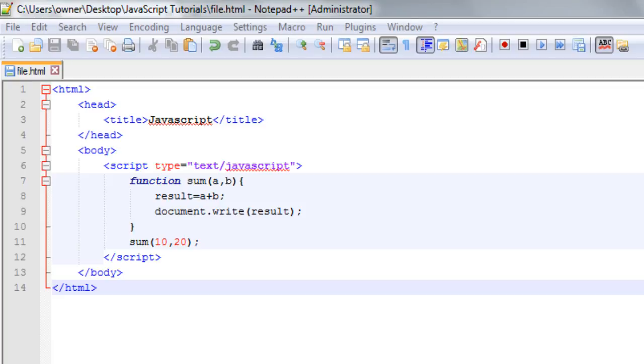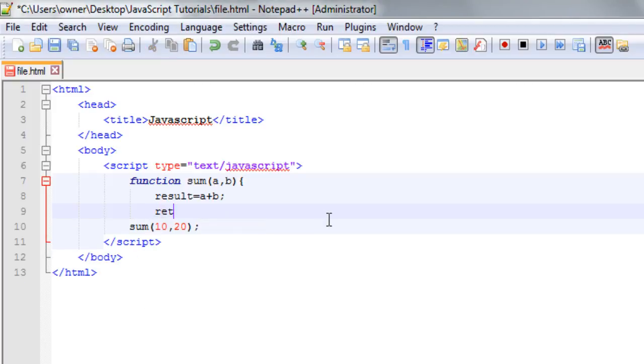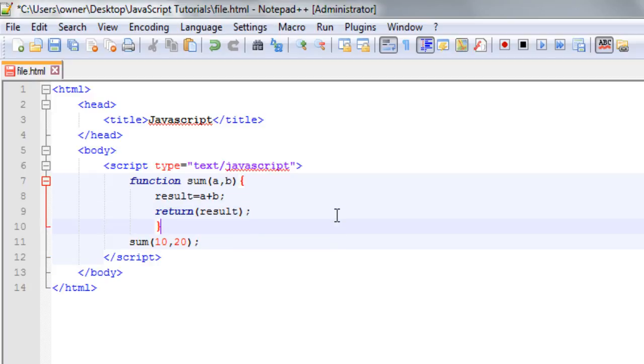So what we have to do, we simply write here return, and then in the brackets I will write the result variable, and at the end a semicolon, okay, and then the curly brace closes. Okay, now save this. So when I call this function I have to store the value in a variable,